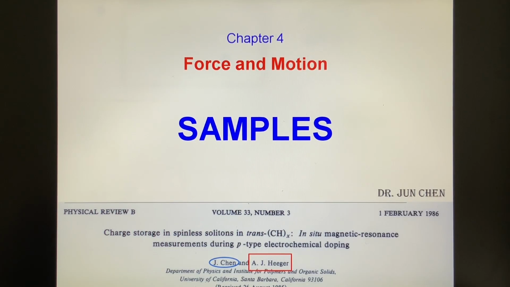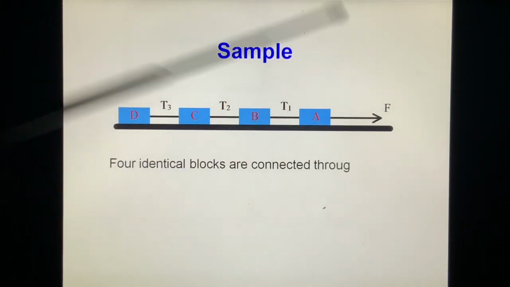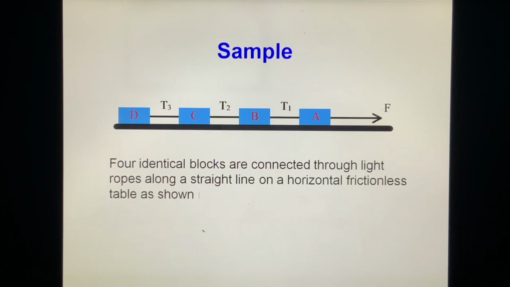Chapter 4 Force and Motion. Samples. Four identical blocks are connected through light cords along a straight line on a horizontal frictionless table, as shown in